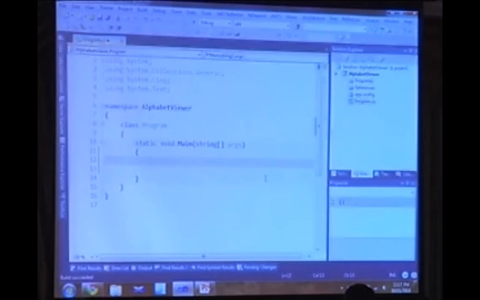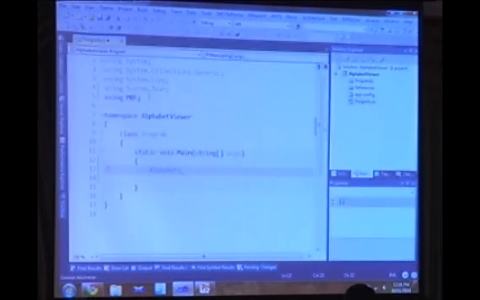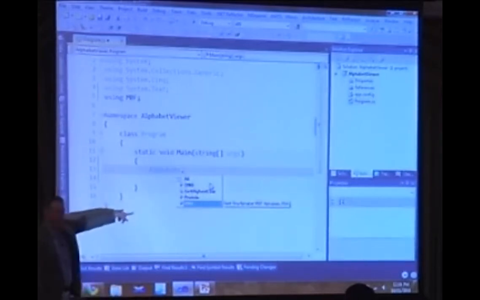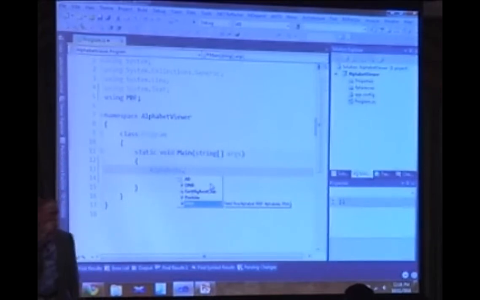Alternatively, there is an alphabets class. I know this sounds kind of like Sesame Street, doesn't it? Alphabets. All right, and notice it's in the MBF alphabets namespace. I'm just going to go ahead and say yes. Go ahead and add my using MBF at the top. And off of this class, I get essentially three static properties: DNA, protein, and RNA. Those will give me those exact instances of those alphabet classes. Okay, so this is just an easy way to get to it.